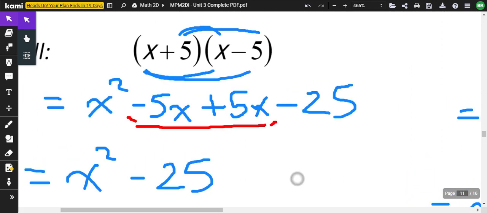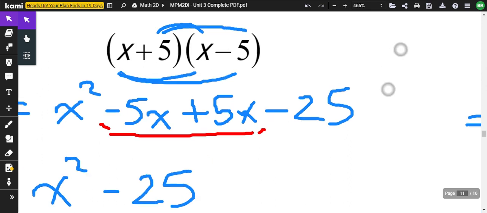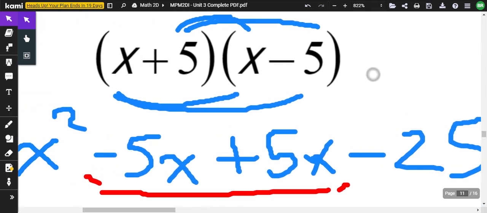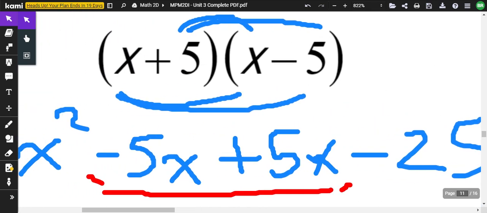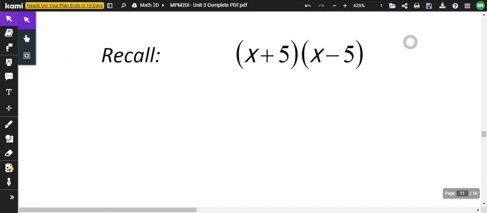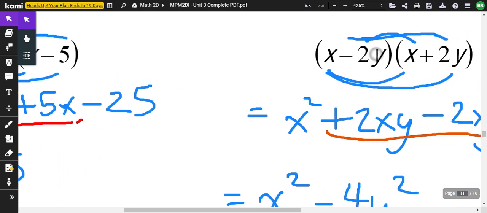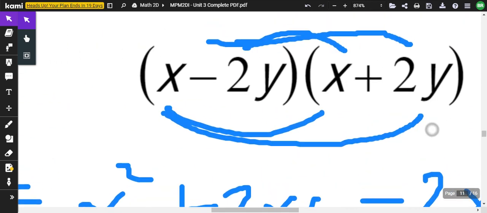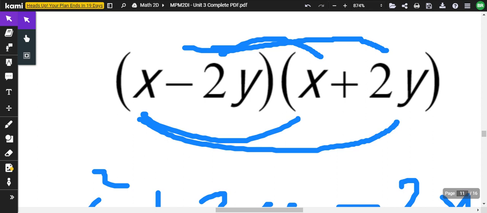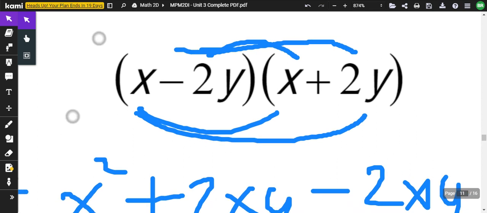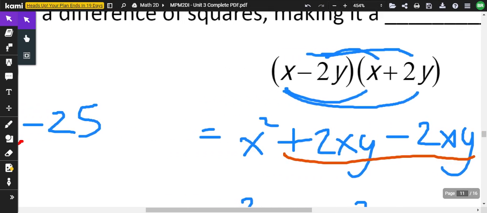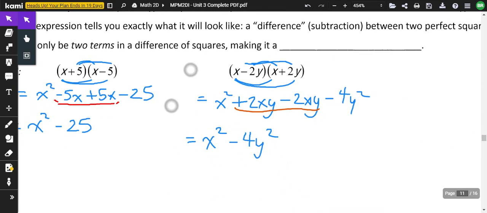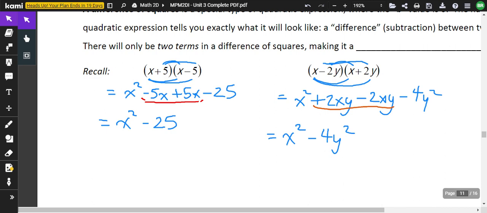In this case, x in the front of each bracket, 5 in the back of each bracket, with a different sign in the middle. In this case, x in the front of each bracket, 2y in the back of each bracket, different signs in each. What we notice both times is that,